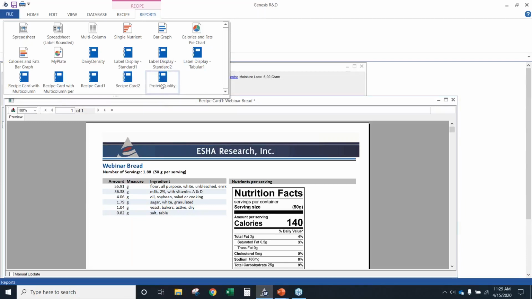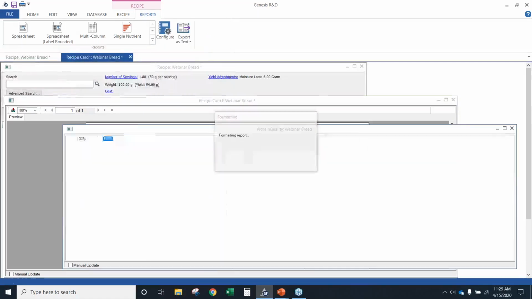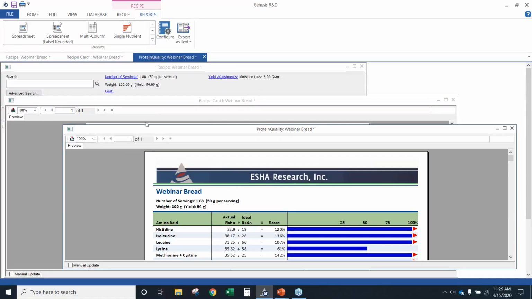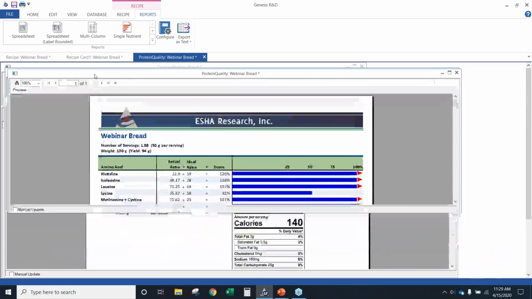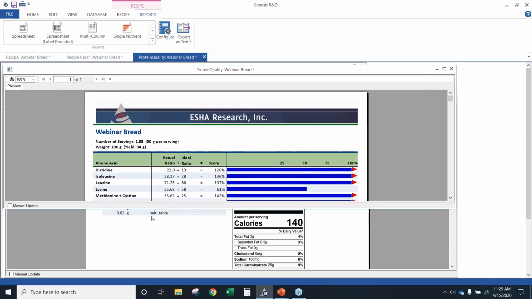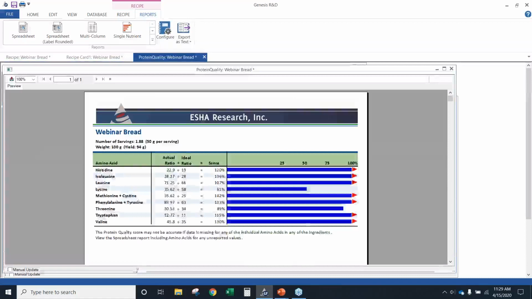And that brings us lastly to the protein quality report. And this particular report we've covered in a different webinar in much detail when we're talking about PDCAS. But essentially the protein quality report shows the quality of the protein content of a recipe. And I do want to point out a few